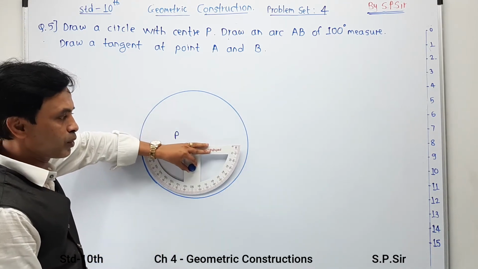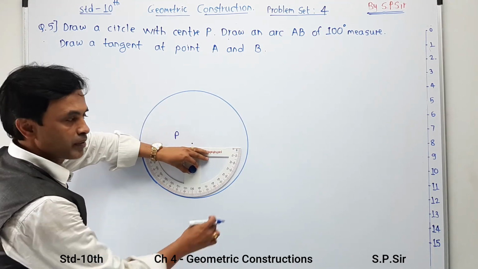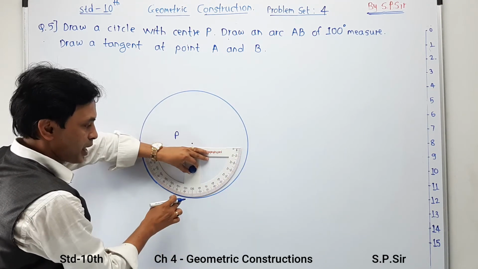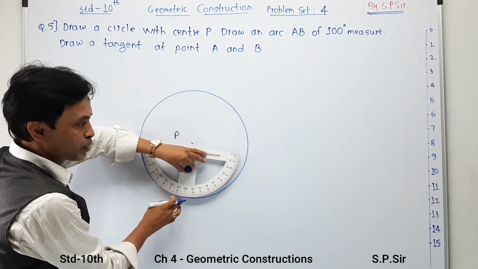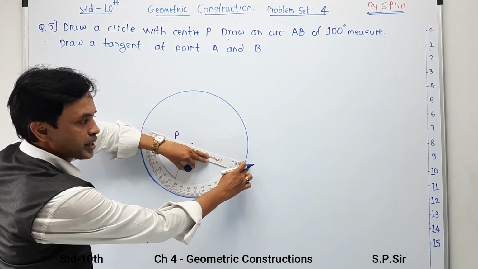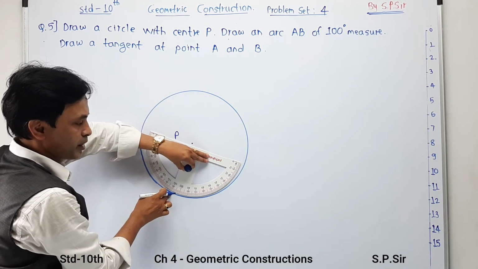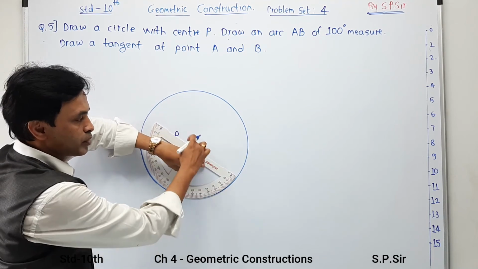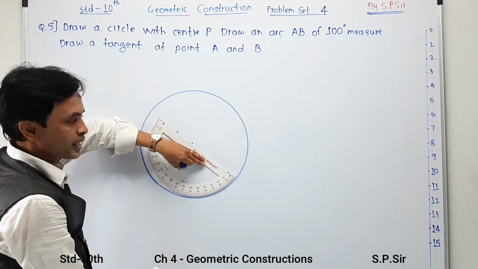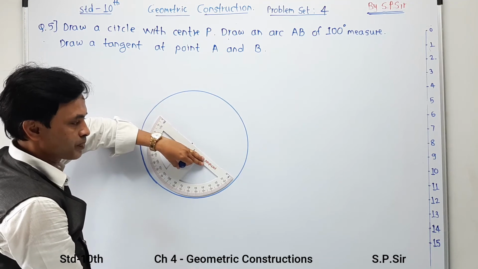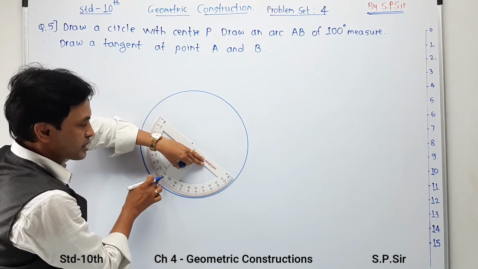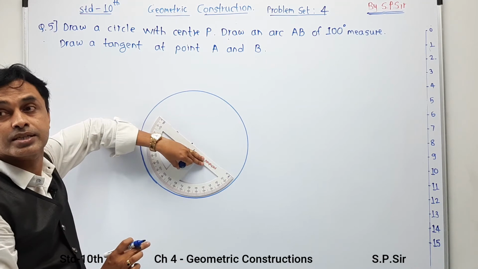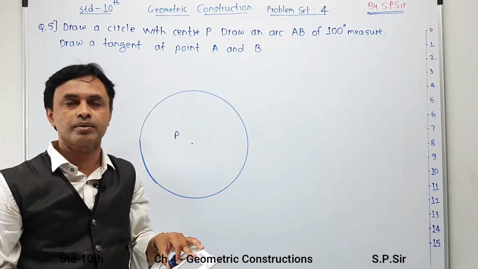So if I am going to take the starting 0 over here, then my 100 degree will be over here. If I am going to tilt it in some manner, if my 0 is over here, then my 100 degree will be over here. Again, if I take the half circle in rotation, why? Because you have to draw one radius over here. Generally adjust it in such a fashion that you will get 100 degree in some symmetric part over here. This is the first method, that is called the half circle method.